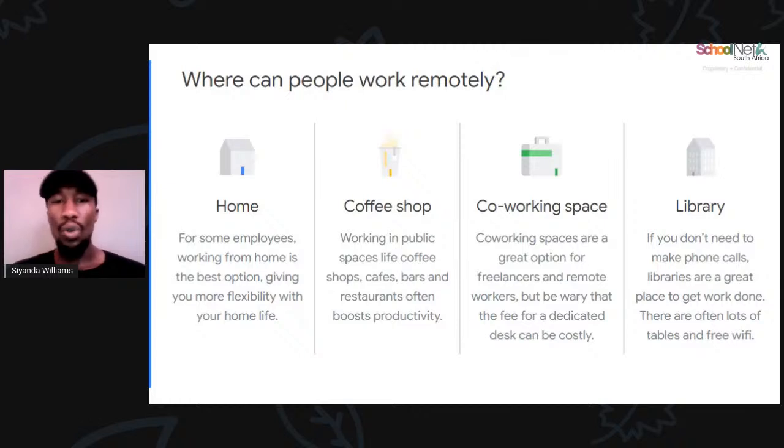So it's up to you. When you know that you don't deal with cell phones, you only want to work in certain things, then libraries are for you if you are working remotely. But wherever you choose to work, one thing remains the key, and that's ensuring you're equipped with the tools you